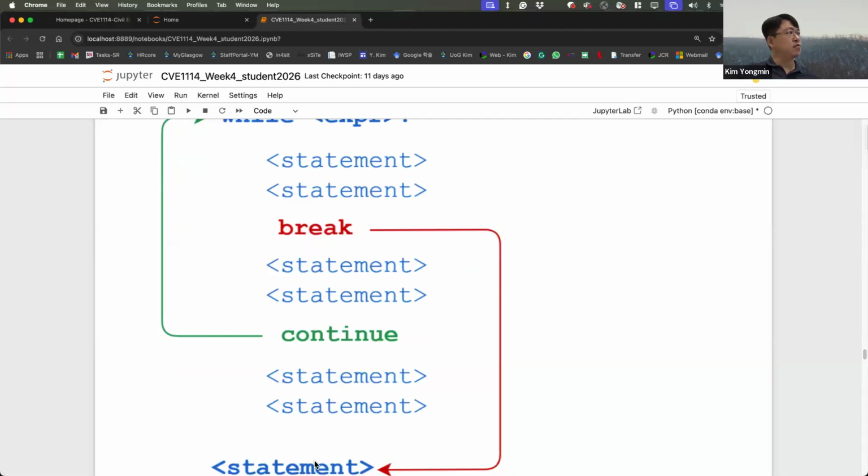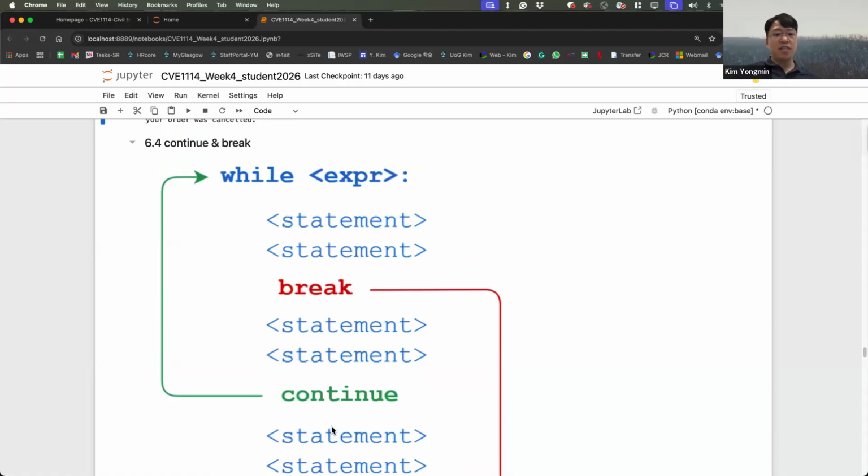In the continue statement, it immediately terminates your current loop iteration, and execution jumps to the top of the loop, to the while, and the controlling expression is re-evaluated to decide whether the loop will be executed again or stop. This is sometimes very useful.